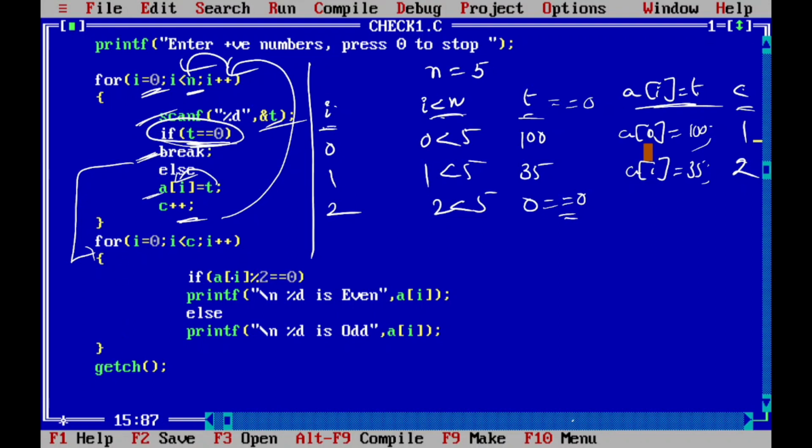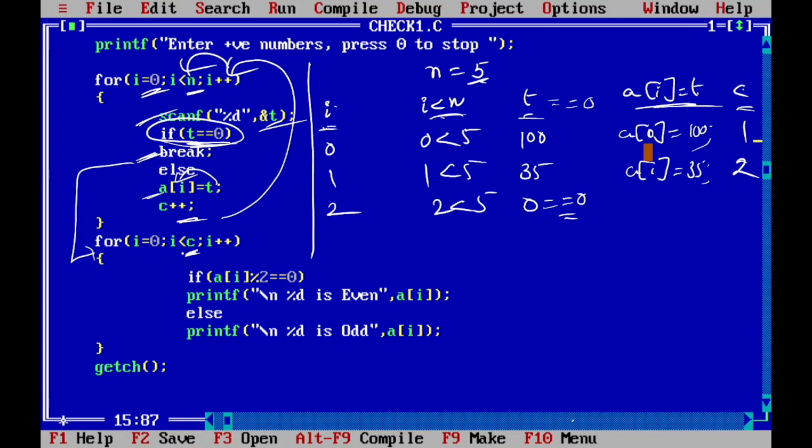Now we try to print those numbers and check those numbers even or odd up to c only, not up to n, because in the middle I entered 0. The user may or may not enter 0 in the middle of that size. We should write the program for every user, not only for a particular condition, but for every expected value of inputs.